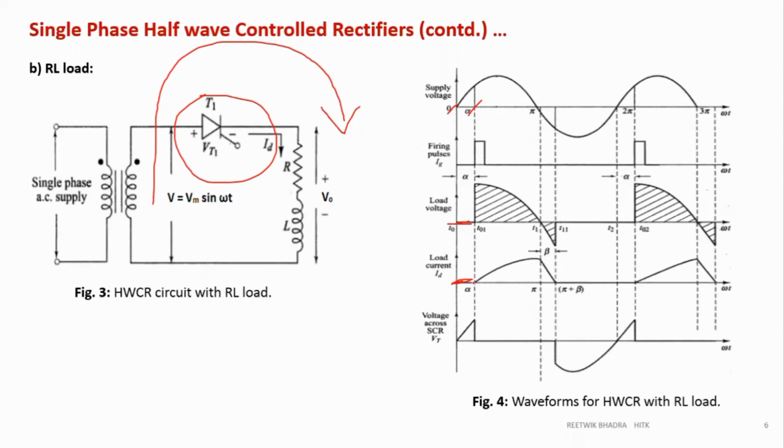You know that for an inductor, there are two types of current. One is continuous nature, one is discontinuous nature. We have already studied about this. So current is starting from 0 over here. Next, when we give a gate pulse, it is turned on. So current flows in this direction from load to source. If we apply KVL, this V is equal to V naught. What is the nature of V? Positive half cycle, so I have drawn a positive half cycle starting from alpha to pi.